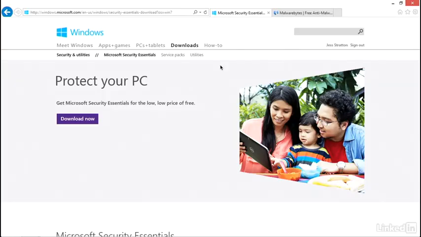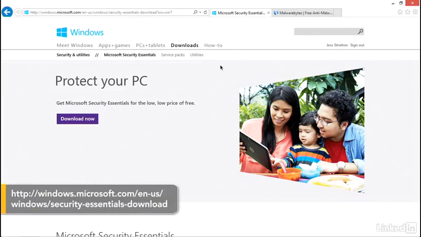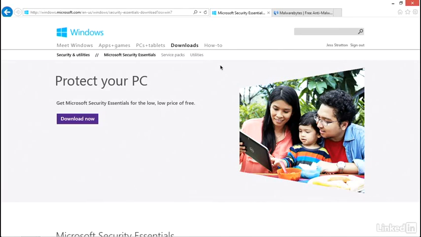Every computer needs to have antivirus software installed. It's designed to constantly scan files that you download, open, and access. Windows 8 and 8.1 comes with a built-in virus protection called Windows Defender. If you're using any other version of Windows, you can download Microsoft Security Essentials to get the same protection. You can download it by searching the Microsoft website or doing a Google search for Microsoft Security Essentials. From here, you can click the purple Download Now button and then follow the instructions to download it and install